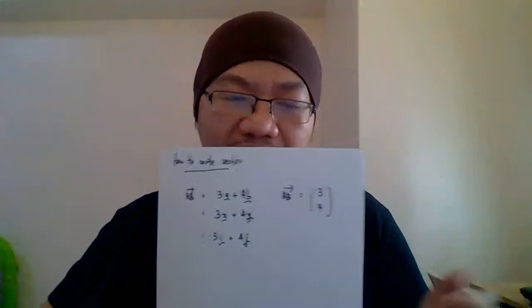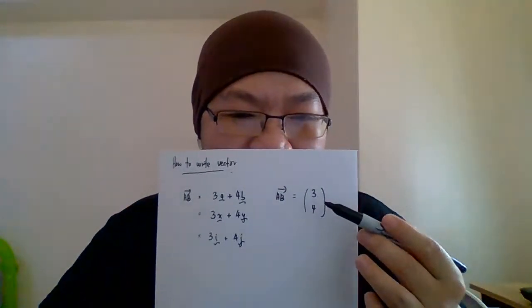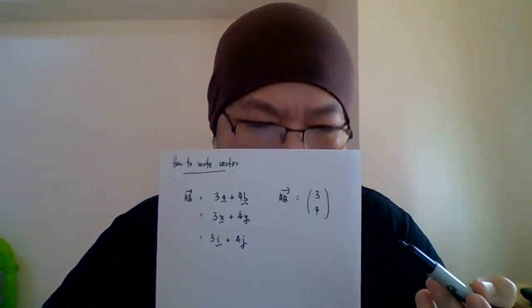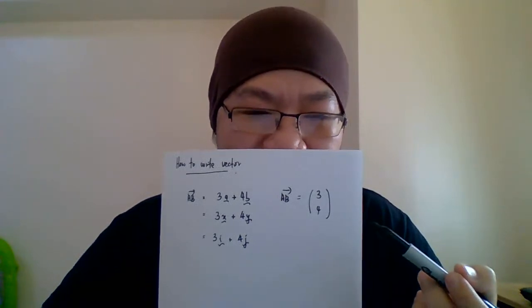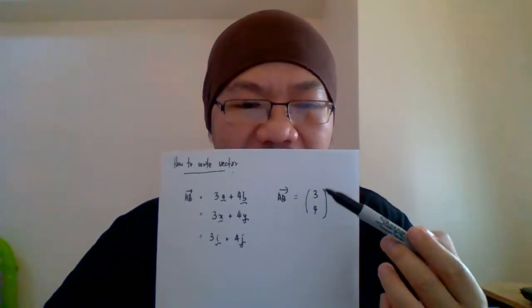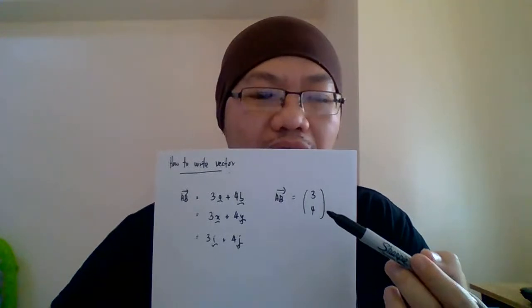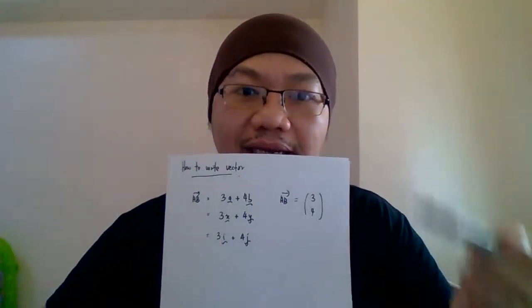Now instead of using the vector form, this is what we call the vector form. We can also write the AB in the form of this one. I believe that you are very familiar with this form, like a matrix form. Not only a matrix form, but also, if I'm not mistaken, you learned it in